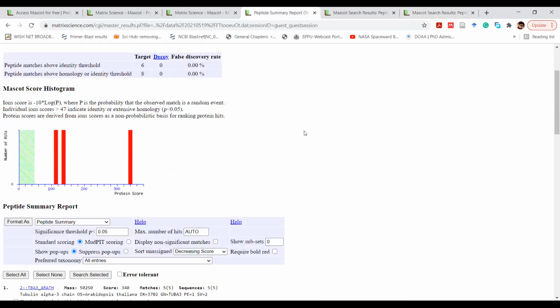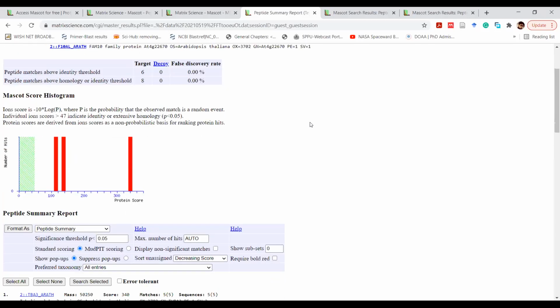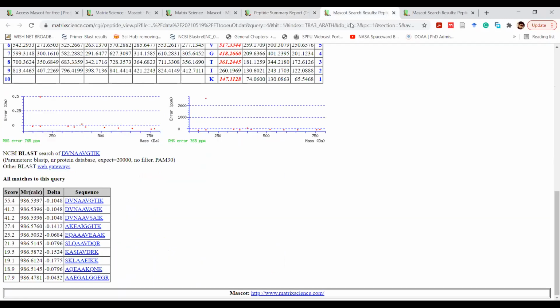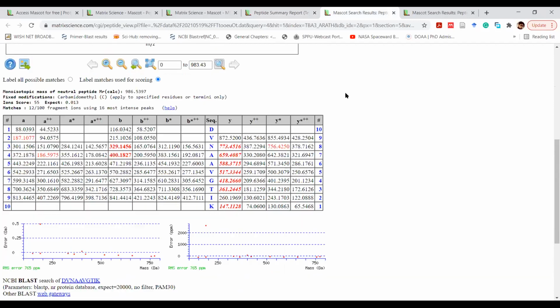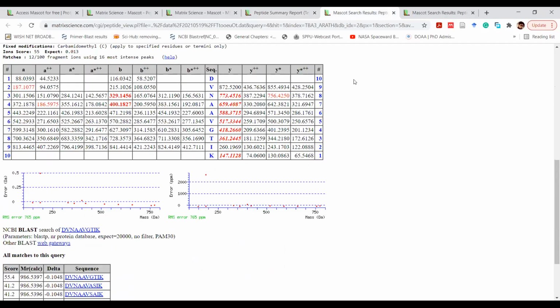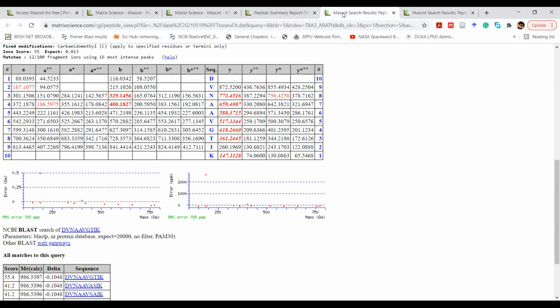After all, this is an algorithm based search, right? It would say that tubulin alpha 3 of Arabidopsis thaliana is the highest score. But for some reason, you know that this cannot be, right? Maybe because you know this is not of Arabidopsis thaliana, or maybe the peptides that have hit with the searches, somewhere you find some error is there. Somewhere you find that this cannot happen. So that's why you need to go into the nitty-gritty and the details of it, so as to make sure that whatever it is saying, most likely this is the protein, this is the unknown protein that I was searching for.